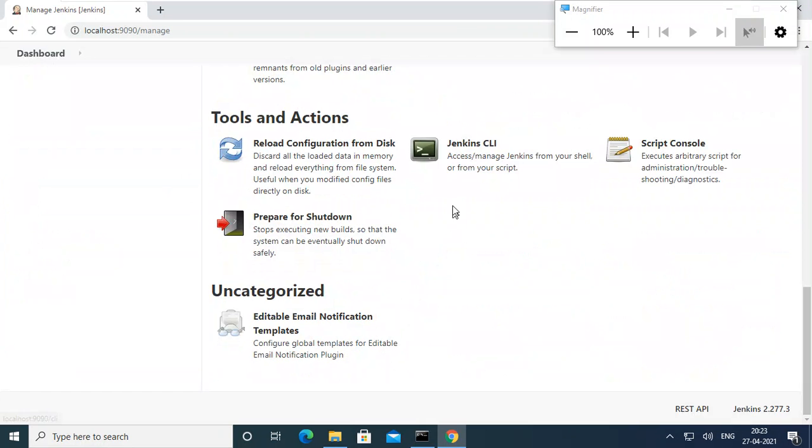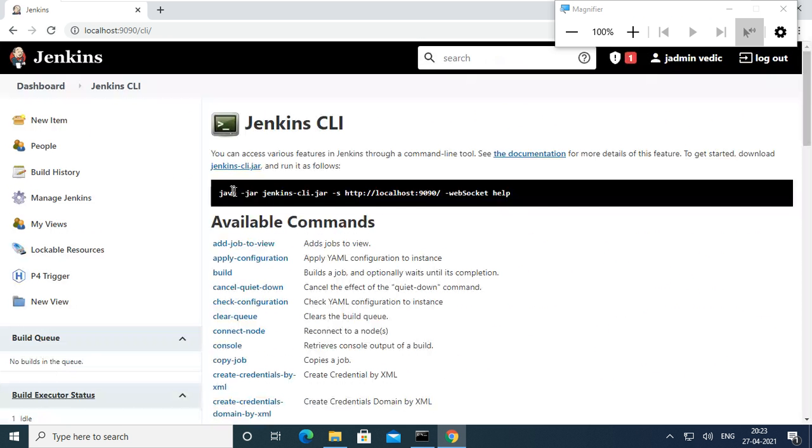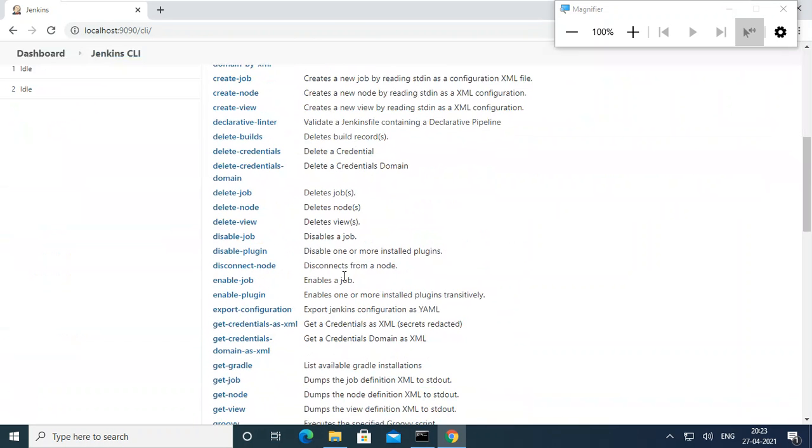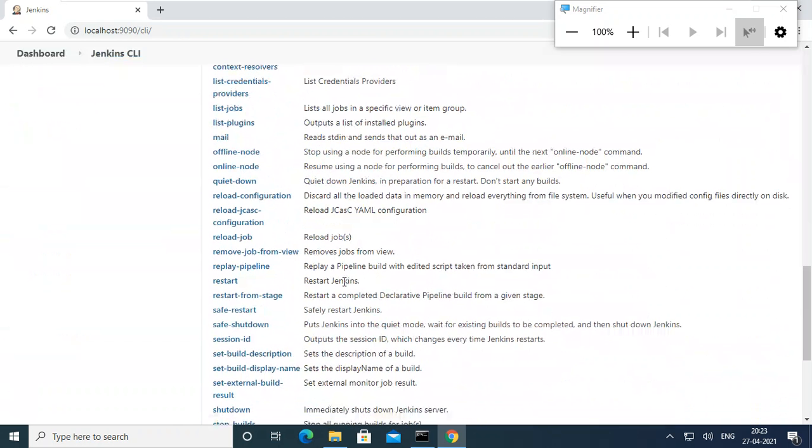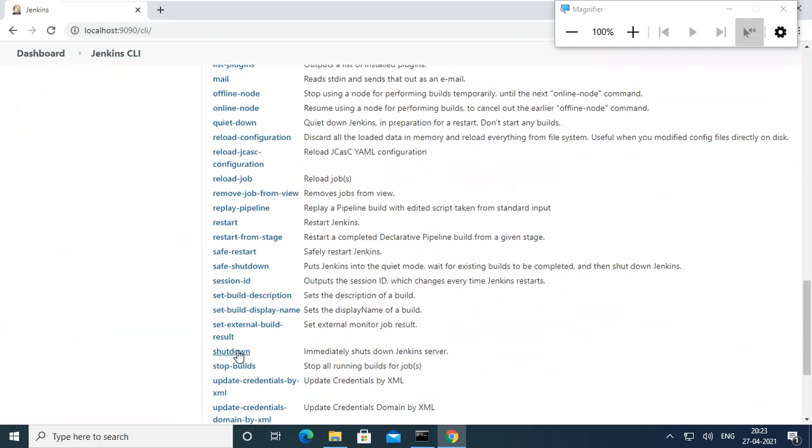If you go to Jenkins CLI, we can shut down Jenkins manually also. It will give you commands like this. If you want a command for shutdown, find safe shutdown or shutdown.